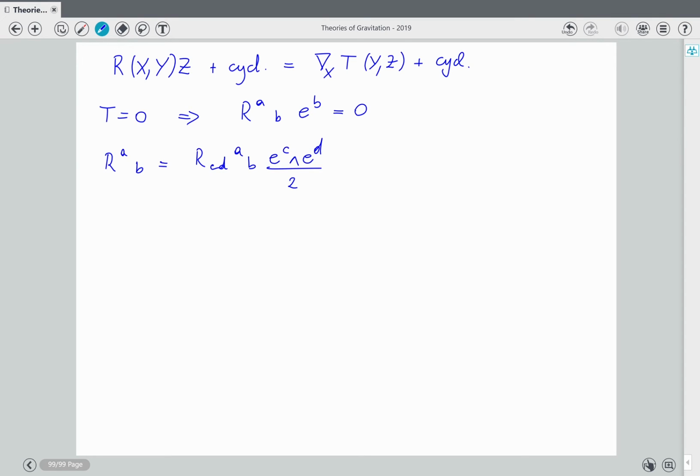We expand it that way, and the coefficients then are the Riemann tensor. So